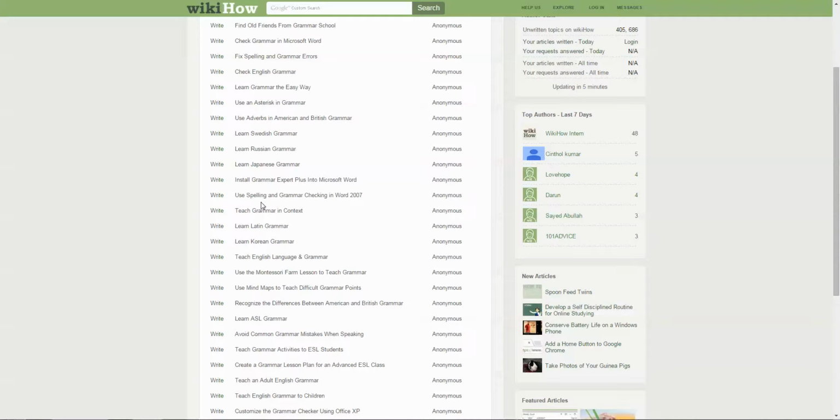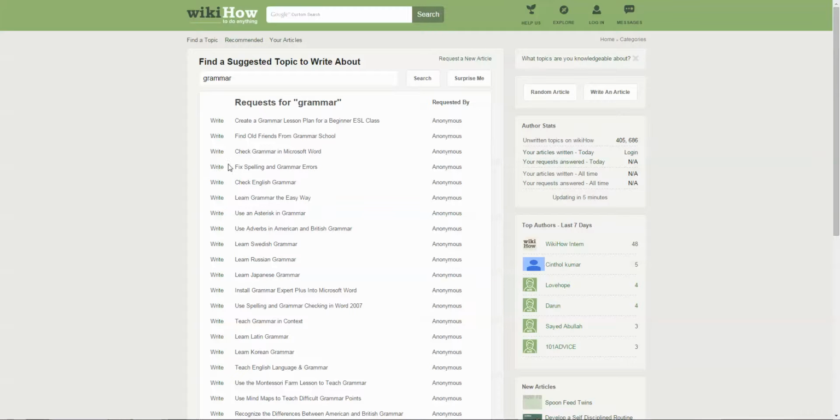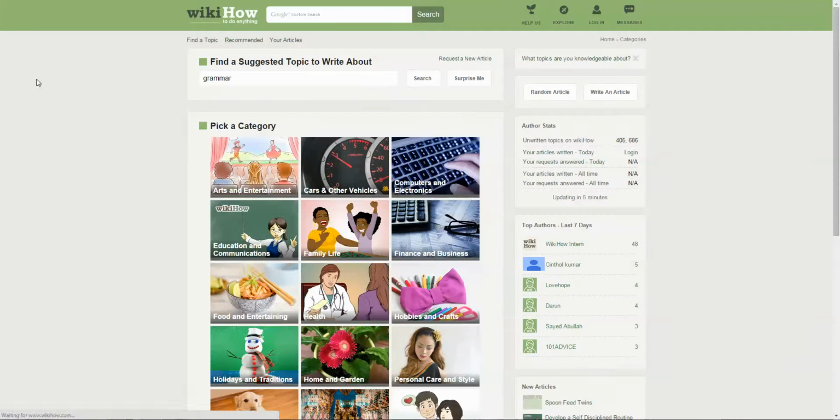I maybe could find something like that. And I'd have to think about how useful is this as a topic. So maybe like fixed spelling and grammar errors seems much too complicated. Use spelling and grammar checking in Word might be not complicated enough. So you want to find something in your field, something you know how to do relatively well, and make sure